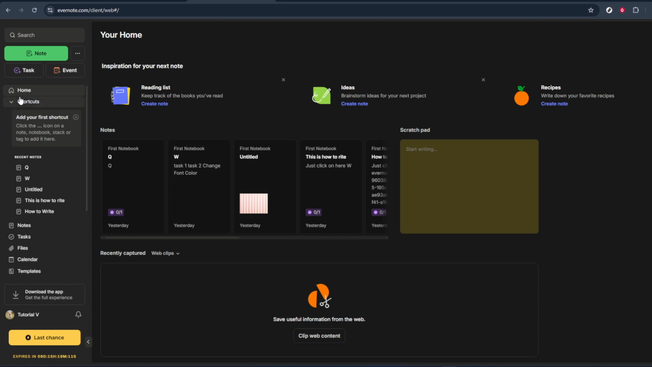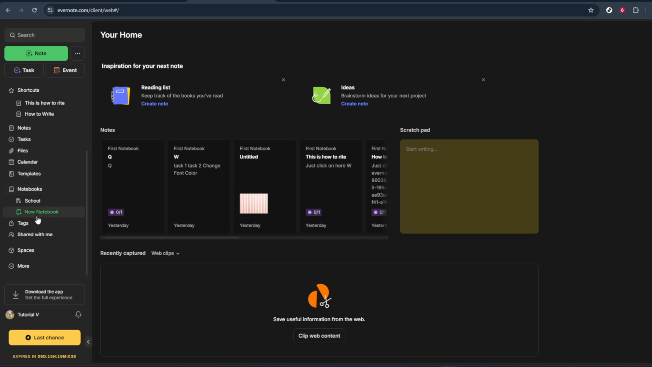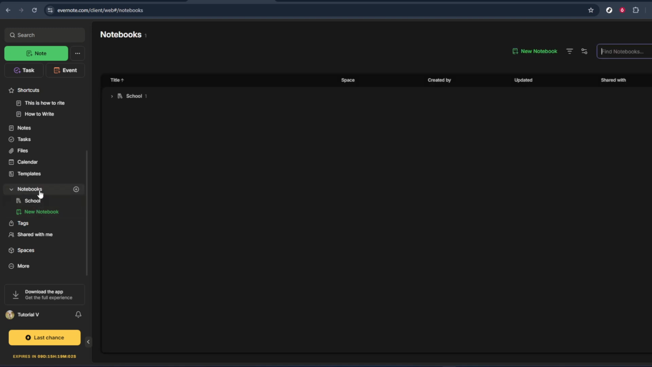your own screen. First, open Evernote in your browser and make sure you're signed into your account. On the left-hand side, you'll see the main navigation menu. Look for the option labeled Notebooks. Go ahead and click on Notebooks. This will open a page that shows all of your notebooks and stacks, so you can quickly find the one